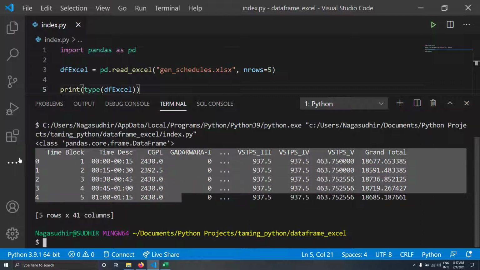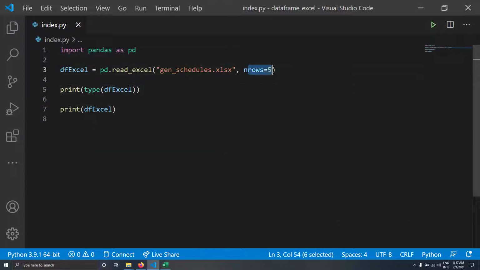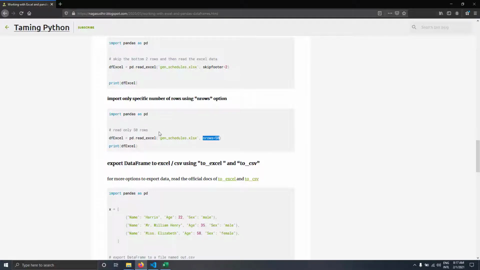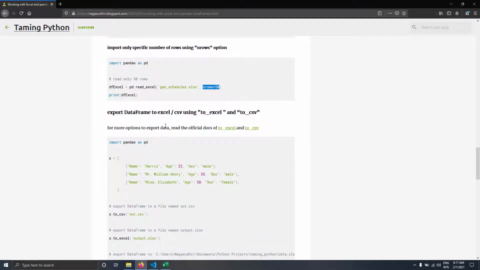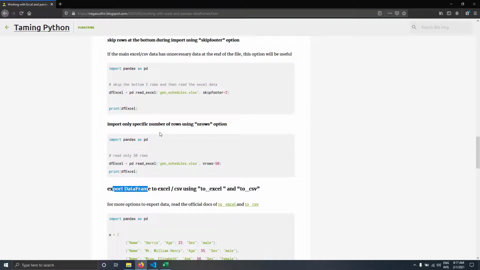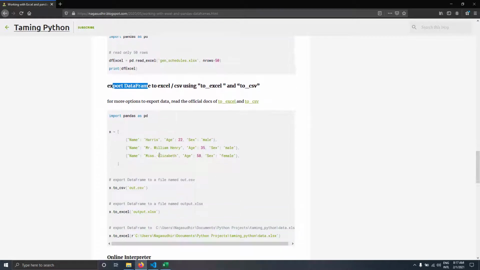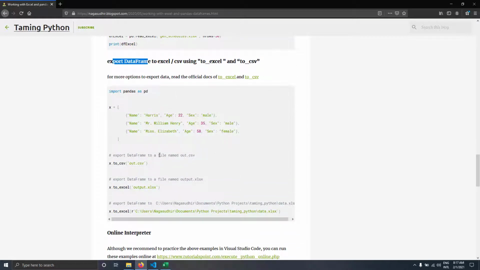So in some scenarios, you might have this requirement. So nrows equal to is also a very good option while reading Excel or CSVs using a pandas data frame importing. And one more thing, now we talked all about importing from an Excel, and after all your analysis, you might want to publish your results into an Excel file locally. So how can you do that?